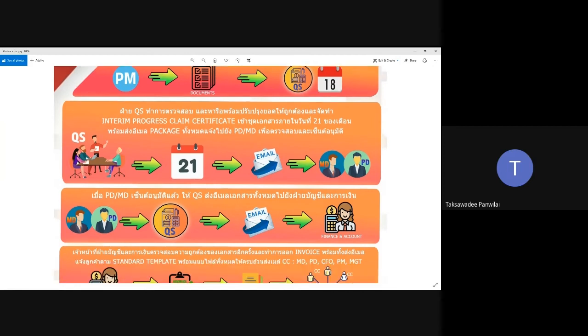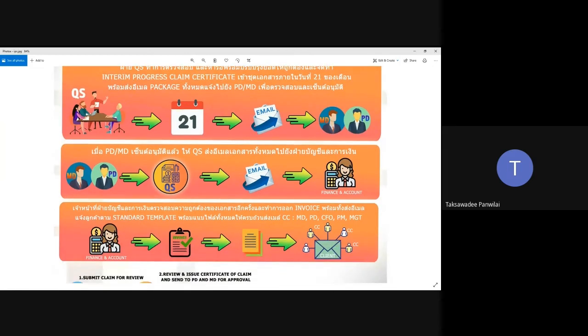Finance and accounting department then receive the package. They also recheck whether we have what is required, the 7 item. By now it should be 7 item. Along with the certificate, QS will also prepare the summary table for the client commercially, so the client can quickly review, right? So up until now, we have 7 items, and then the accountant receive the information, and then they create invoice, clearly